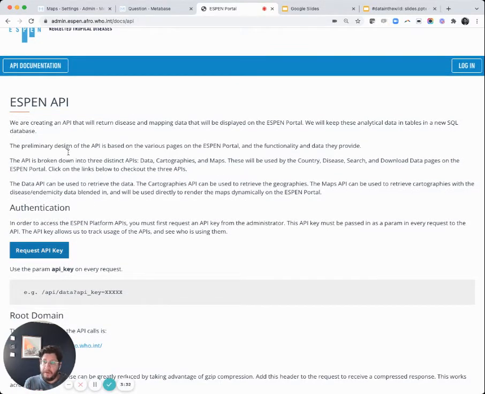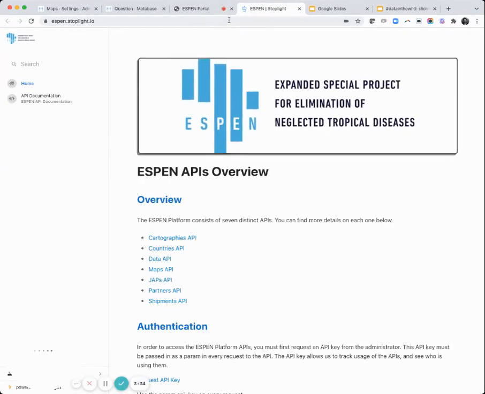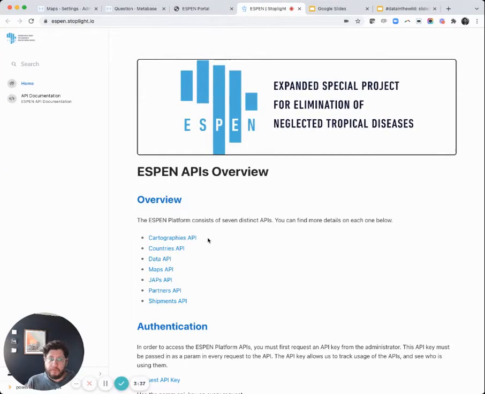But the thing that I'm most excited about, I'm going to jump over to the documentation, is we're using Stoplight for the documentation, it's the cartographies API. So what we're doing here is we're publishing all of the boundaries in two formats. One is a shapefile. So shapefile is what our friends who work in like ArcGIS and Esri, like real map builders, what I like to call them, that's what they like to use. But web developers, like the folks on my team, like to use something called GeoJSON. So GeoJSON publishes all of the boundaries for almost all of Africa once a year. So the cool thing here is you can say, show me what the boundaries look like in 2018 and show me what they look like in 2020.